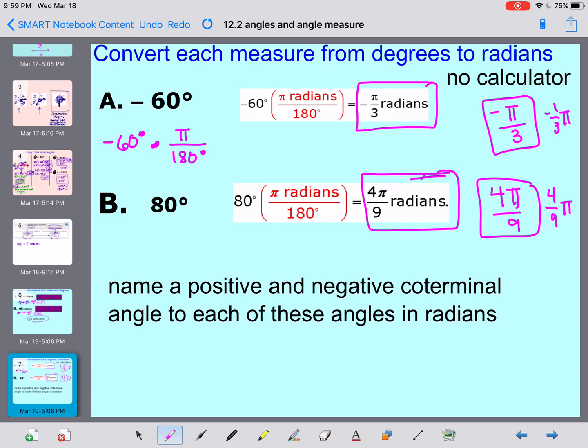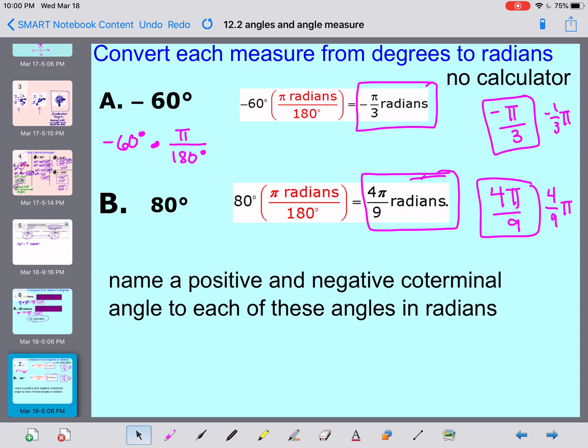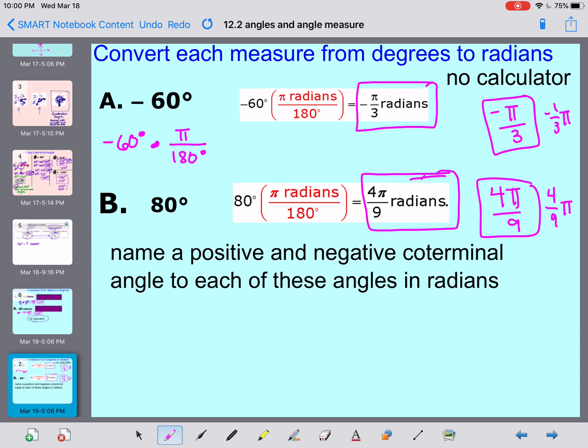So these two boxes are what you want. Now, name a positive and negative coterminal angle to each of these angles in radians. It's a little confusing of a sentence there, but what I'm asking you is, the first answer there was negative pi over 3 radians. Give me a positive coterminal angle and a negative coterminal angle of this, but in